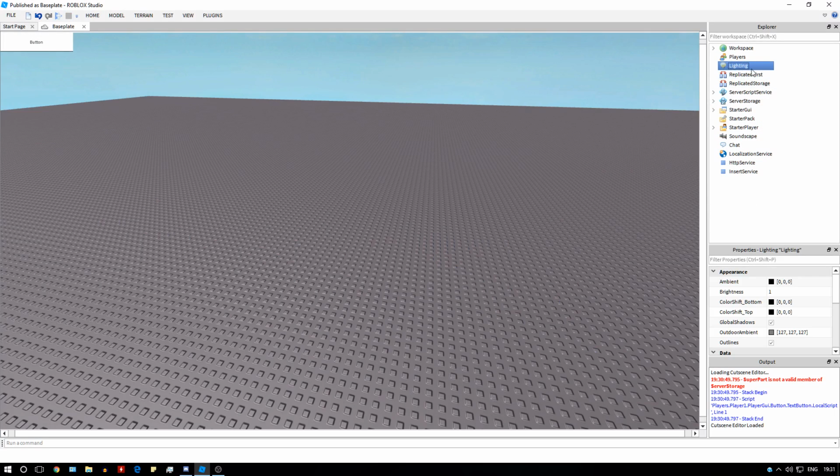Lighting is both local and server-sided if filter enabled is off. If filter enabled is on, then it's local to every player. It's very similar to workspace, but what it means is that if you want to use server storage as a sort of communal storage area, then you can put it in lighting, and then instead of saying what we did earlier here